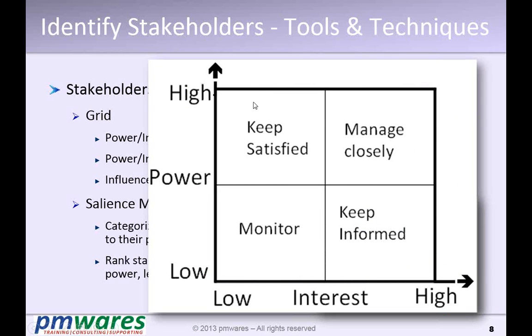Look at this. Now, how do we do it? We prepare a grid for power and interest. Interest means I have a takeaway. Power means I can influence the results. So low interest